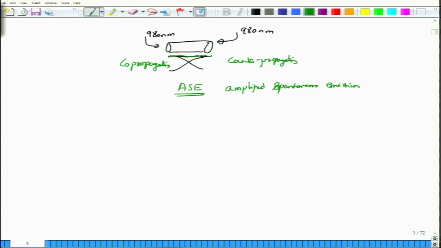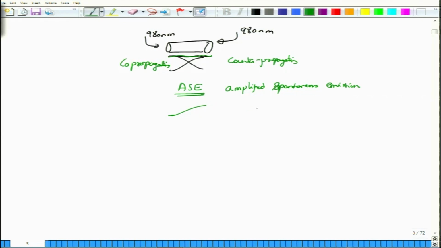So, atoms naturally just fall down after a characteristic lifetime, spontaneously on their own, and of course, these photons released under spontaneous emission are completely incoherent and do not normally have any relation to the signal photons. But they are photons. At the end of the day, the erbium doped fiber only cares about the energy. So, as this spontaneous emission induced photon falls down, it will also induce some amount of stimulated emission photons to follow through, with the result that the noise level, which starts off small, will eventually build up into a reasonably large level.